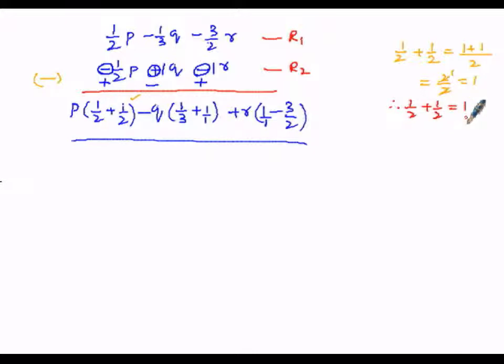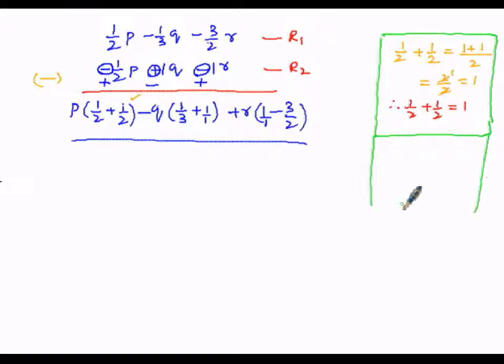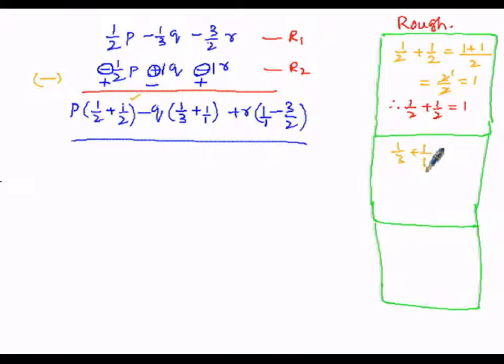So here let us write this as the first rough work, then later the second one and the third one. This is the rough work. Now in the next one, that is 1 by 3 plus 1 by 1. So here 1 by 3 plus 1 by 1. The LCM of 3 and 1 is 3. 3 gets cancelled once, 1 into 1 is 1, plus 1 threes is 3.